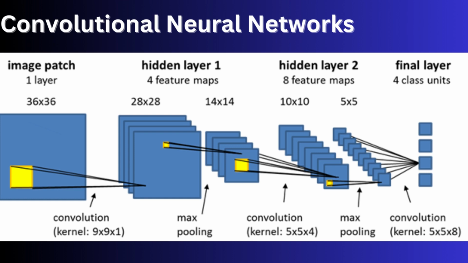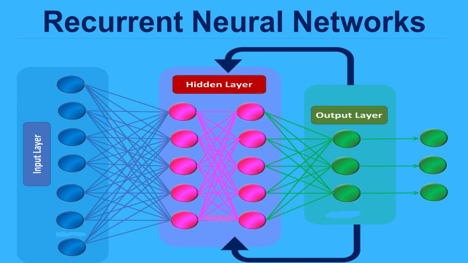CNNs have been used in a wide range of applications including image classification, object detection, and facial recognition. They have proven to be very effective at these tasks and are now considered to be the state-of-the-art approach for many computer vision problems. Recurrent neural networks are a type of neural network architecture designed to handle sequential data, such